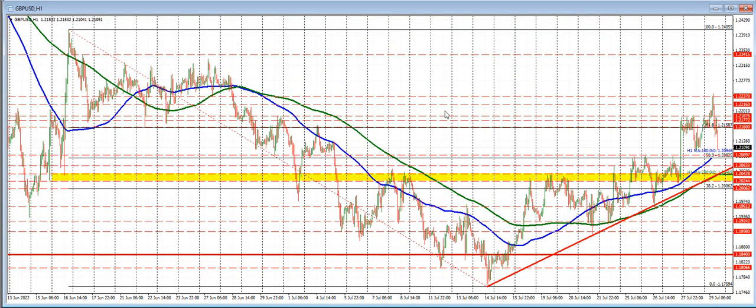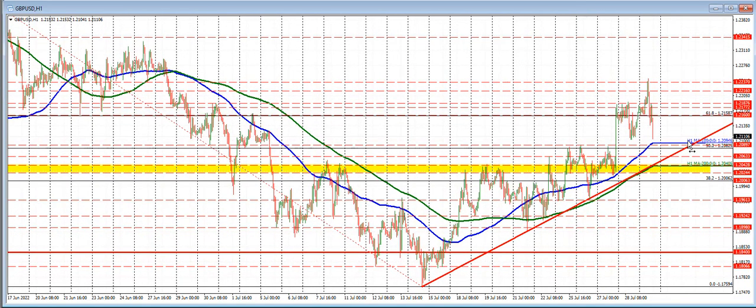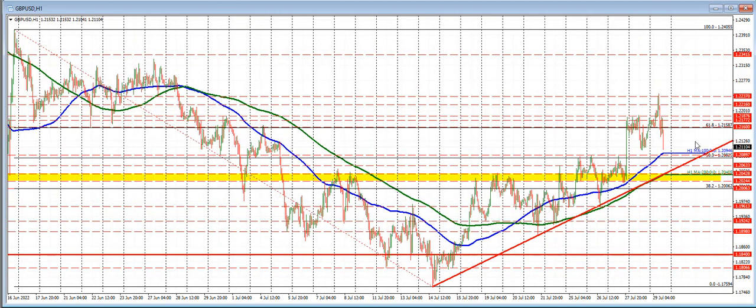Taking a look at the sterling versus US dollar. This pair has moved to the downside since the data this morning, and we're coming down to retest the 100-hour moving average. That 100-hour moving average comes in at 1.20946. It comes after again another spike to the upside earlier in the session. Been moving down in the European session. However, if we move back below the 100-hour moving average, which we did test on Wednesday's trade and found support buyers against that level, on Tuesday the price did move below it, but found support against the trend line and